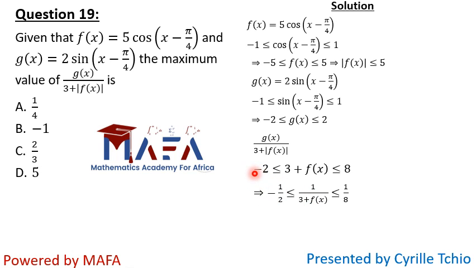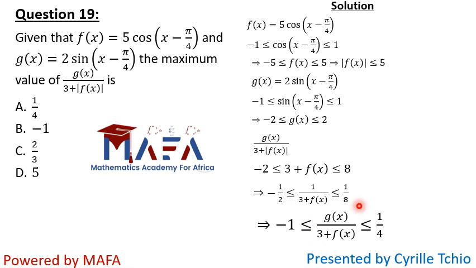There is a negative sign. If there was not a negative sign, this a half would have gone here, and then this 1 over 8 would have come here. So we are multiplying here with g of x, and the maximum value of g of x is 2. So to multiply the maximum value, you are going to have minus 1 over 2 times 2, that is negative